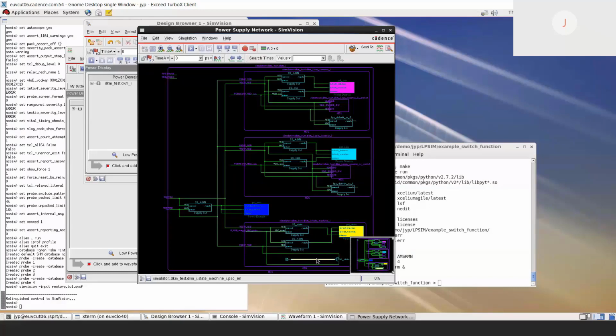So the first tool that you'll be able to use is the power supply network, because it will give you the ability to understand how good your topology is, where your macros are. For example, there is one there that is the switch that I have described. So I understand that I've got my switch that is delivering VDD and VSS and delivering VDD-SW that is going into my supply set, that is going into my domain, so I can better understand what is happening.